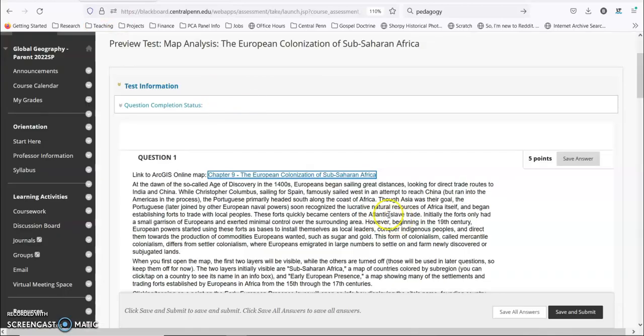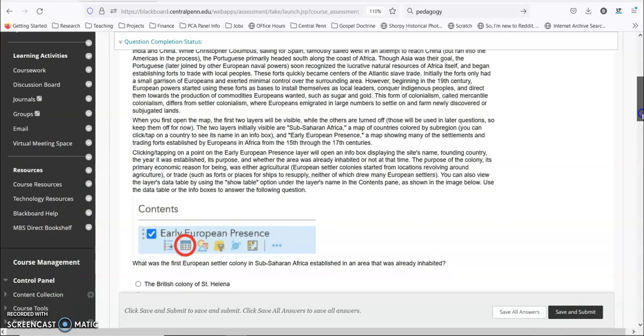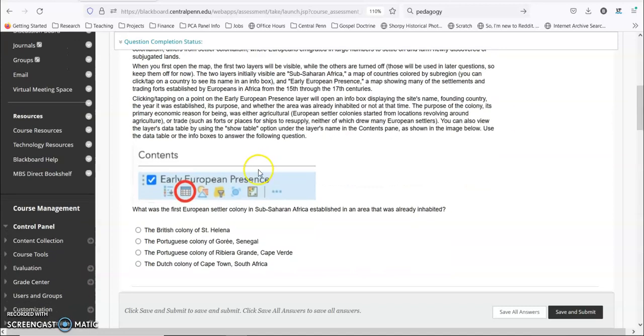The first question, once you read it, is this: What was the first European settler colony in sub-Saharan Africa established in an area that was already inhabited? Let me tell you right now that each of those parts of that sentence are important for finding the right answer here. Because there is a first European settler, there is a first European colony in sub-Saharan Africa, there was a first European settler colony in sub-Saharan Africa, and there were colonies that were in areas that were not